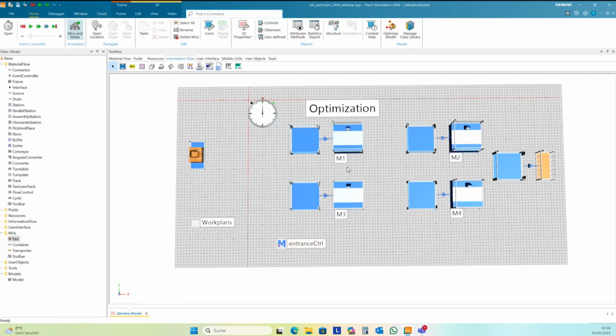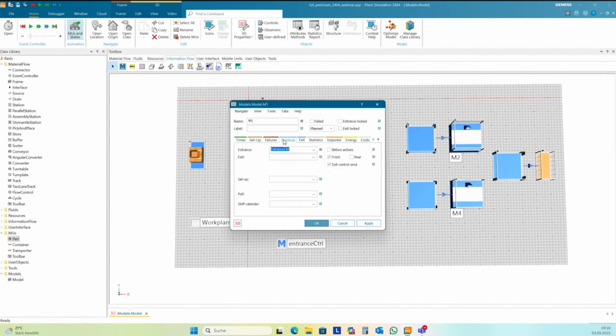This is the entrance control of station M1 to M4. You can hold down the shift key and then drag the method onto the stations, and so it becomes the entrance control of the stations.